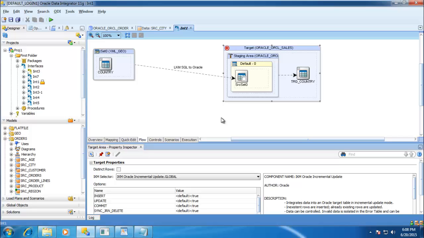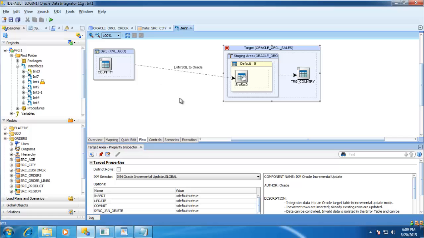Based on this knowledge module only, the code which has to be executed on the databases was going to be generated. There are different load knowledge modules. The load knowledge module is useful to define a code which is used to generate the code based on your knowledge module template. Here we are loading the data from SQL to Oracle. That is the knowledge module we used.